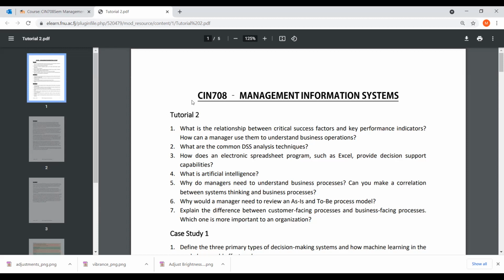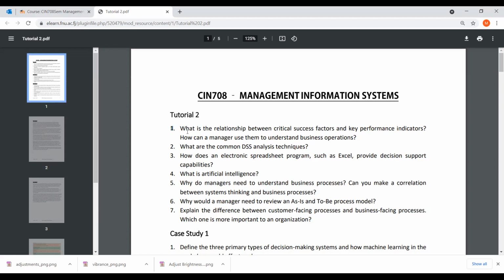Now, if you're finding it too difficult to understand the concepts, the most simple and easy way to grasp these concepts is to read. Read as much as possible. Okay, read your lecture notes, go through tutorials. I would suggest going through the tutorial sample answers, because the important things generally I tend to give out in the tutorial questions. So if you're reading the answers, if you're going over your tutorials over and over again, that should give you a good understanding of what the theories and the concepts are about.